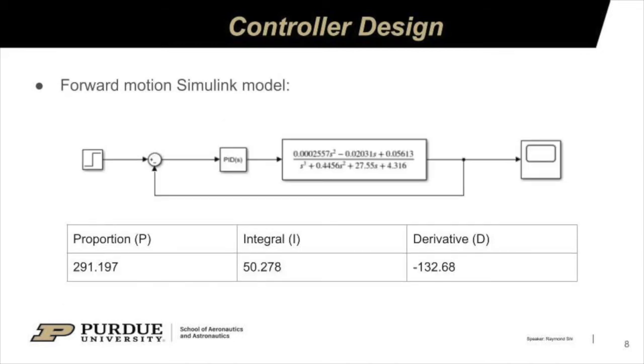This is the PID control for the forward mode. We follow the same steps as mentioned in the earlier slides, which mainly build the Simulink model in MATLAB and apply Control System Tuner to tune the system and then to achieve the desired goal. After tuning, our goal is met with the proportional value of 292, integral value of about 50, and the derivative value of about negative